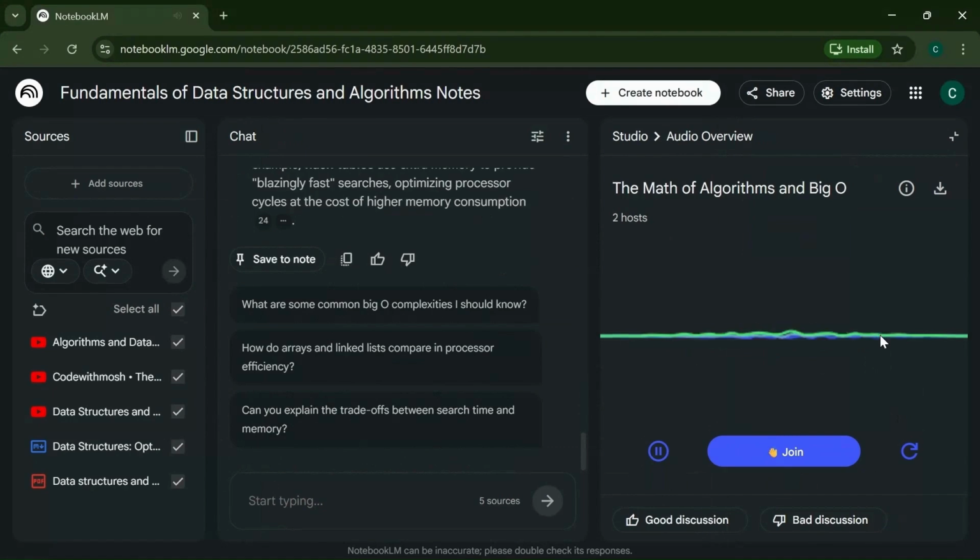Oh, that is a great question. I am so glad you chimed in. It really is. There are a few heavy hitters you see everywhere. Okay, let's unpack the main ones. You have got constant time, which is big O of 1. That means the speed never changes, regardless of how much data you have. Then there is linear time, big O of n. If data doubles, the work doubles. We also see logarithmic time, big O of log n, which is